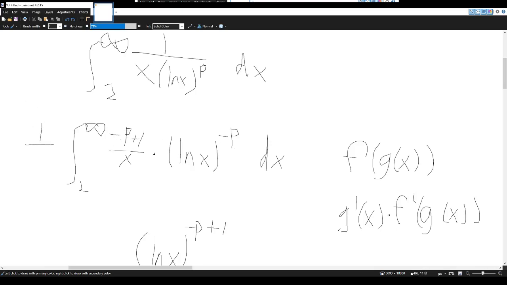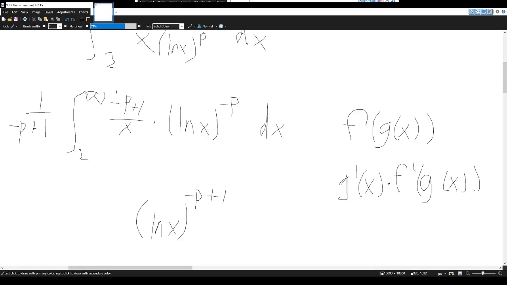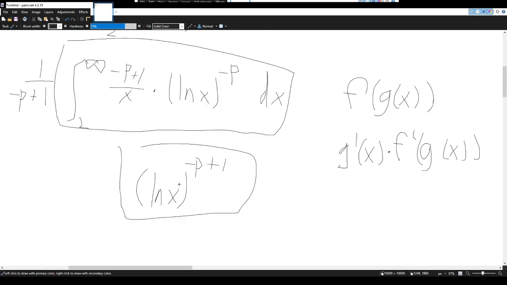But we also, to keep it equivalent as a function, have to divide by the negative p plus 1 on the outside of the integral. So at this point, we can replace this whole part with just this, right? And we can double check: take the derivative of this, it would be the 1 over x on the outside times the derivative of this, which would be, right, bring down the exponent, and then times the inner function to the power of